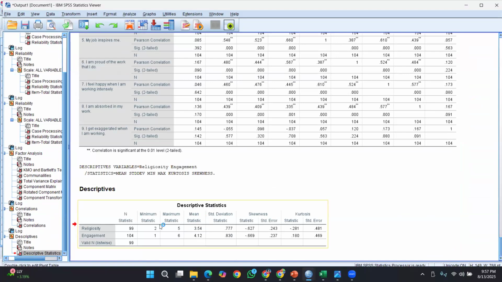You can see there's a discrepancy in terms of the N statistic because of missing values, so remember that. Any questions?